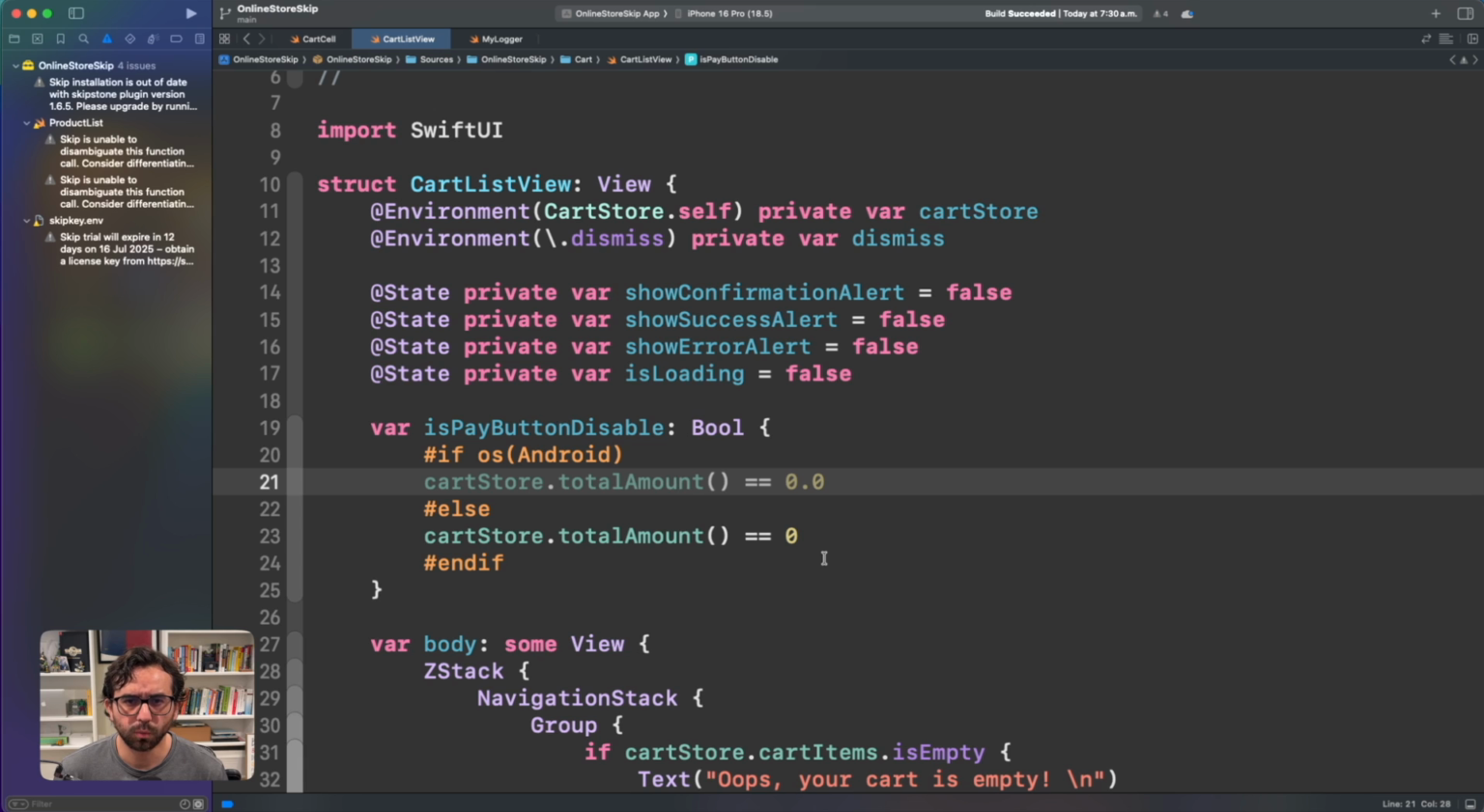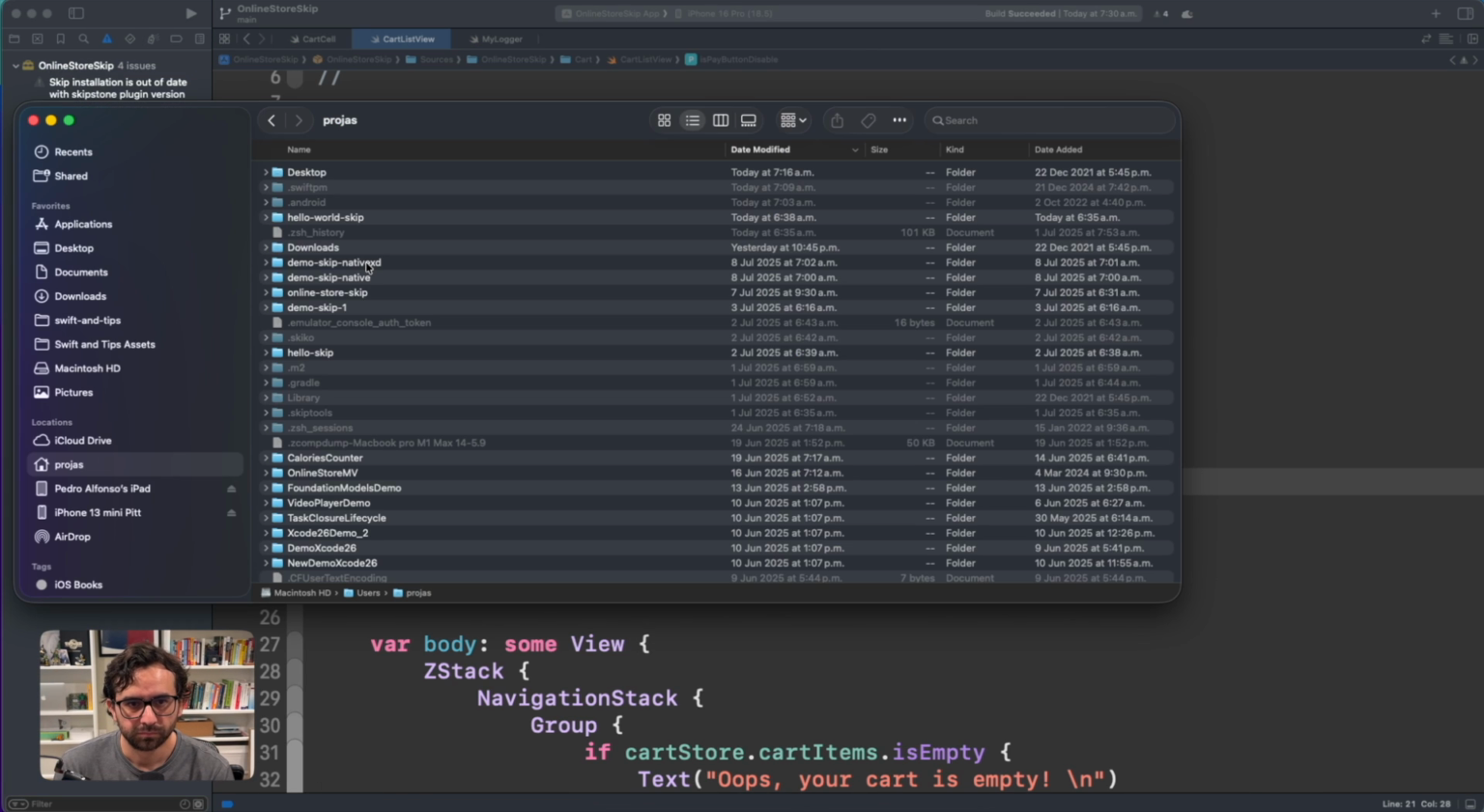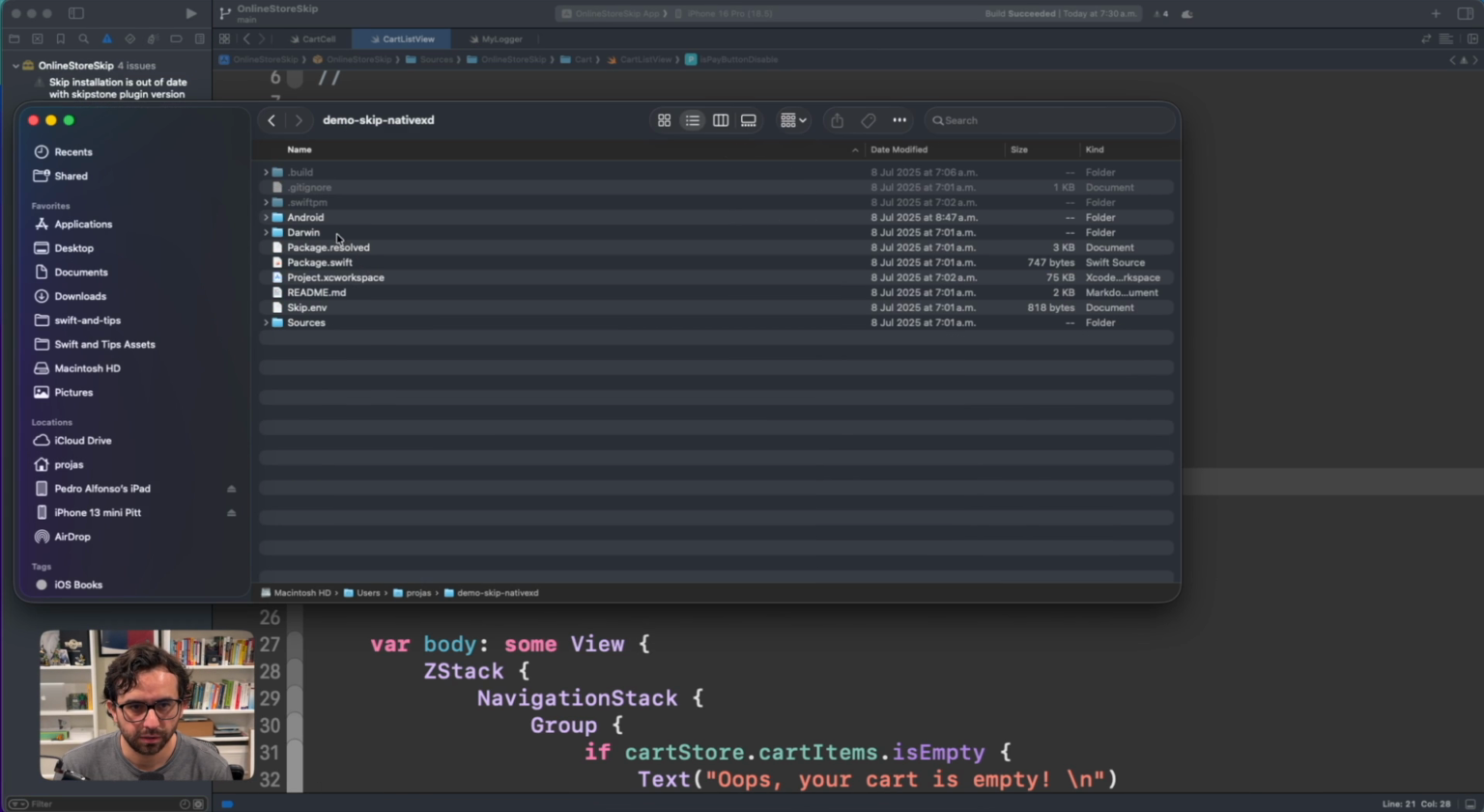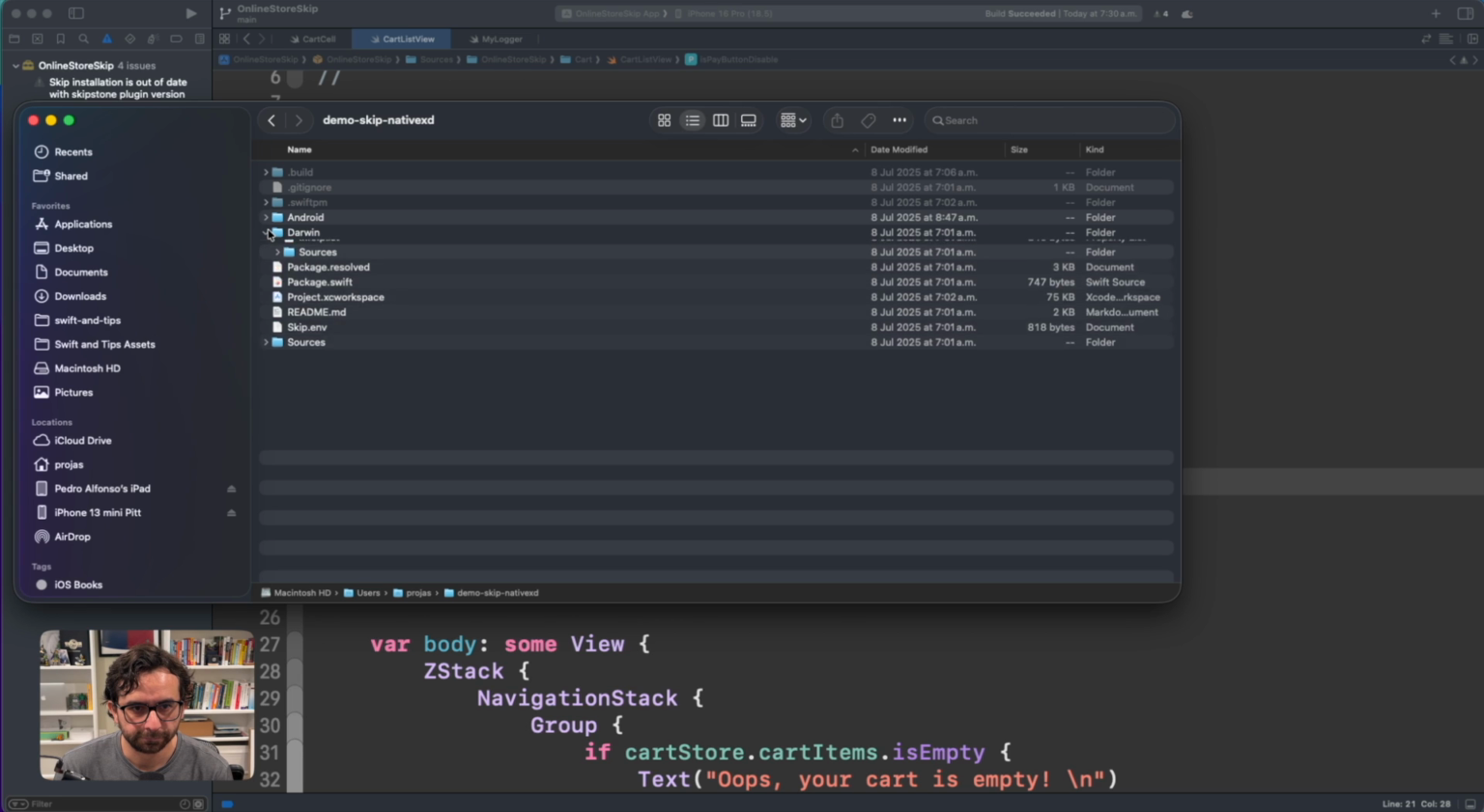Now, let me show you one more thing with this code, but instead of using the transpiled app configuration, we will use the native configuration. For that, give me 1 second. I'm gonna bring this here. I'm going to use this guy here. And